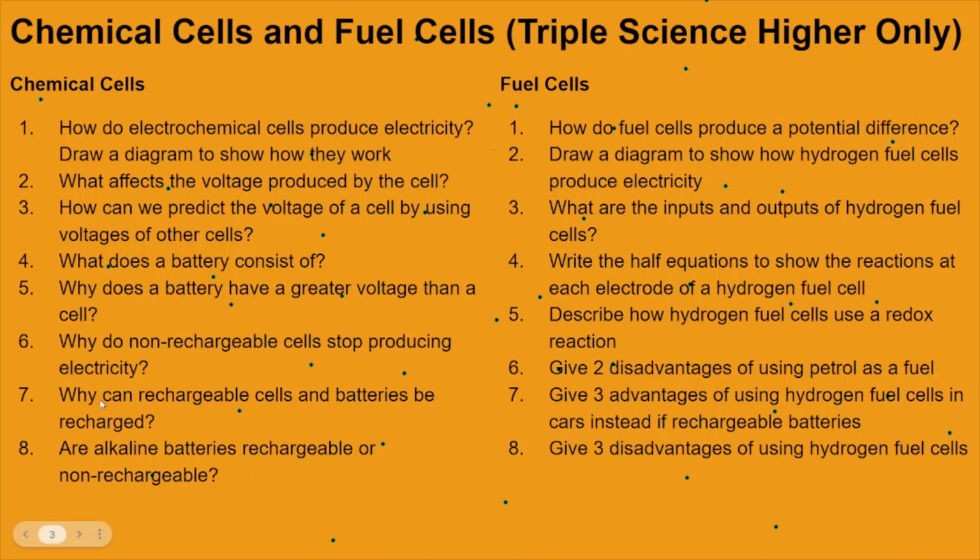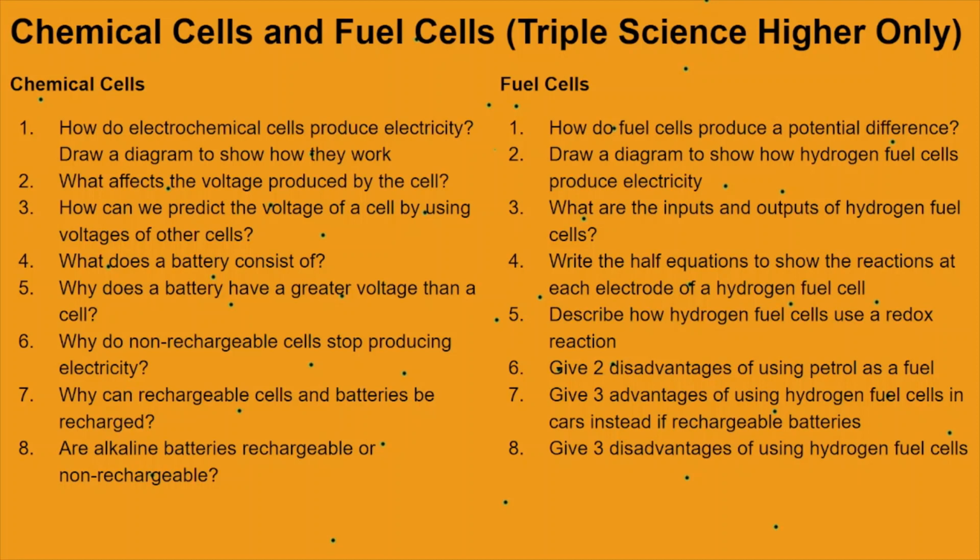But we have been developing rechargeable cells and batteries recently. What rechargeable cells and batteries use is reversible reactions, but not just any reversible reactions. They don't form a dynamic equilibrium and all that. They're only reversible when you put an external electric current into the cell, and that stimulates the reaction to reverse. So all the products sitting in your cell start turning back into the reactants, so that when the battery is fully charged,